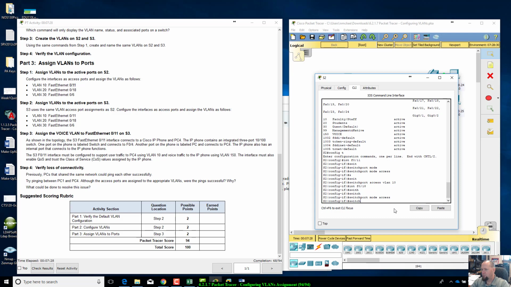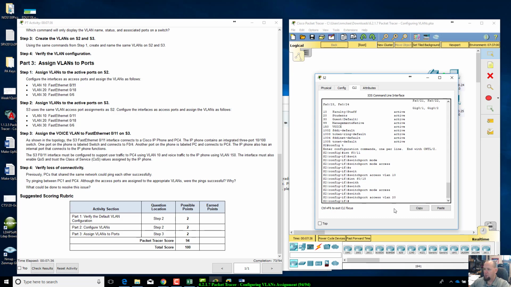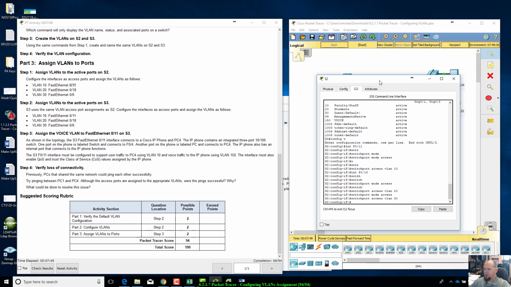Switch port access VLAN 20. Yep, and then switch port mode access, switch port access VLAN 30. You can use the up arrow to save you time to show your history. All right, I got that. I did that super fast, but